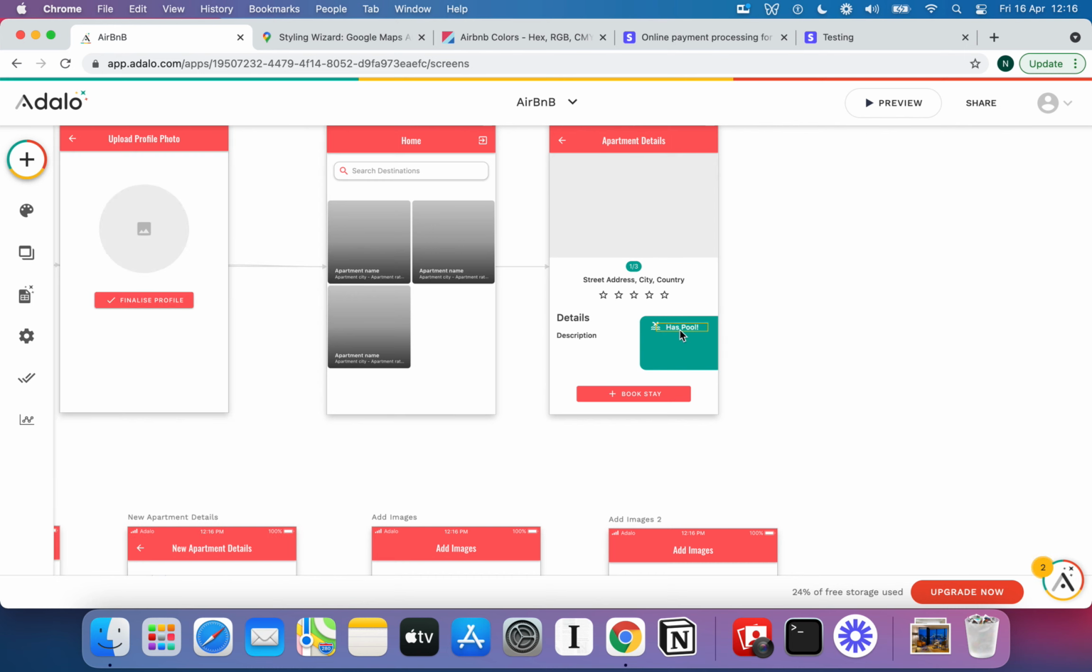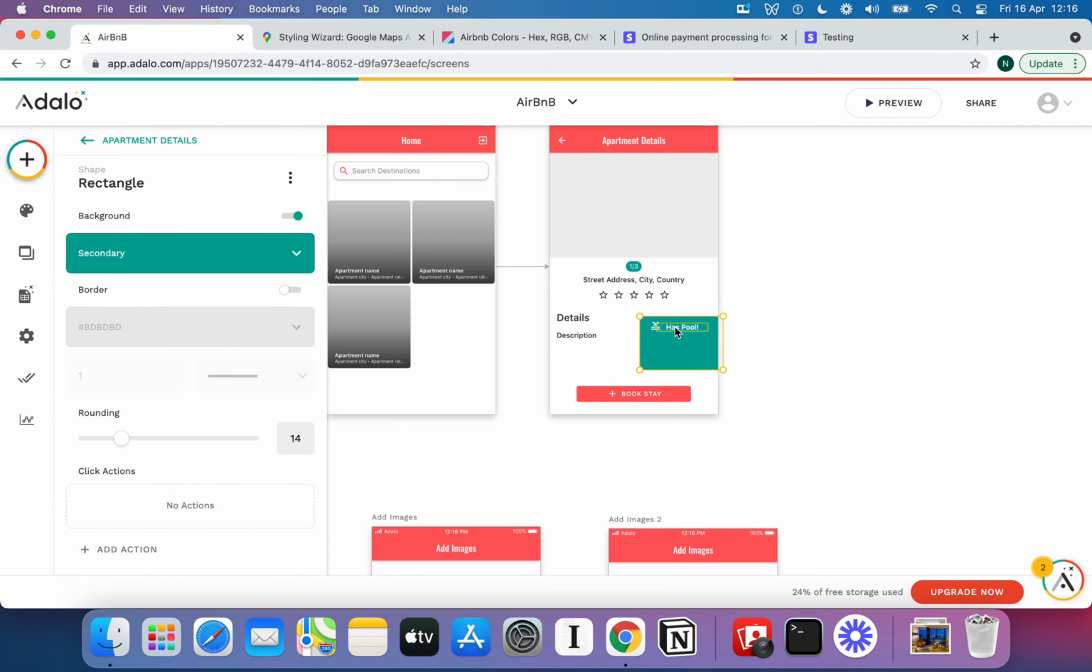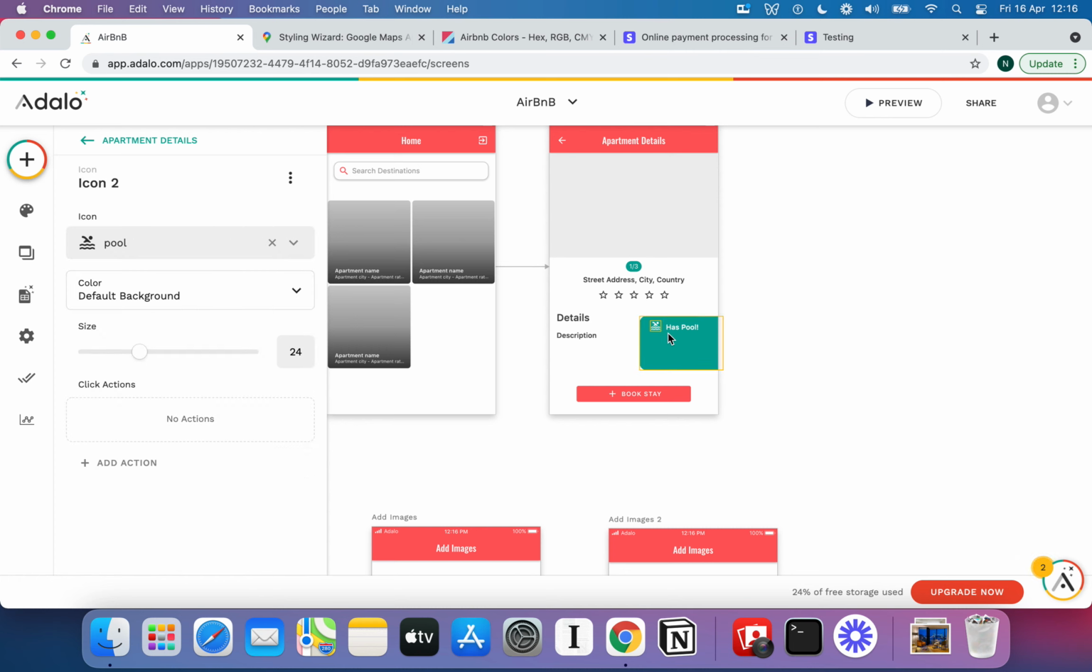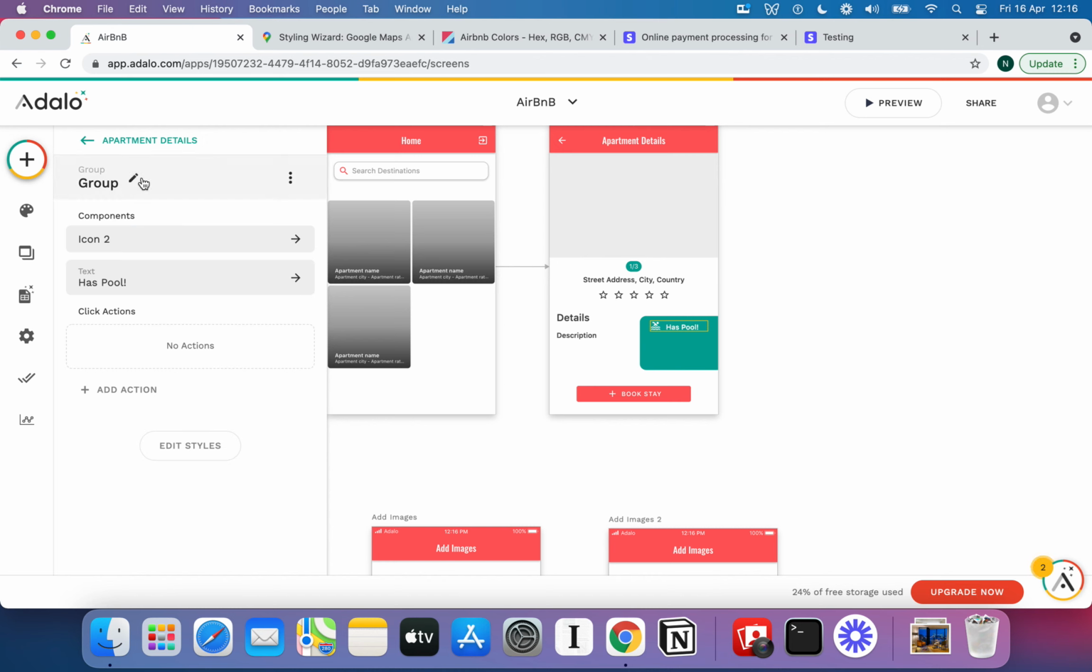It looks broadly in line. Obviously if you're spending some time in this you can make it look a little bit better, but let's move on. So what I'm going to do at this point is create a group to make this a little bit easier to navigate. So if I select my icon and then I hold the shift key, as if you're doing a capital, and then click has pool, that will select both of the components, and now I can hit make a group, and I'm going to call this